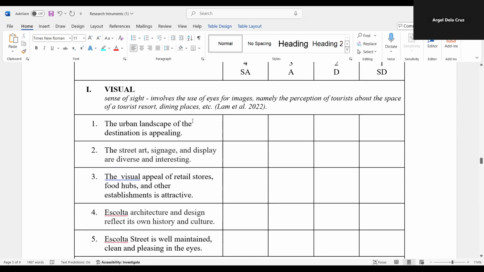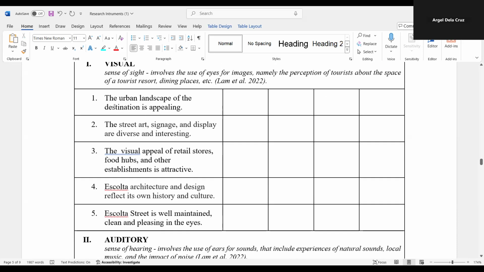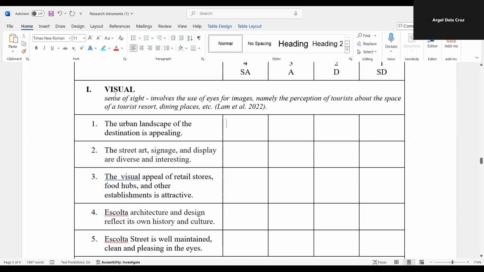So they have adapted the instrument from a previous study, so hindi ko na kailangan pa siya pre-test or reliability test because it's already adopted. So the same variable was used. Example, the urban landscape, street art, the visual appeal, etc. Escolta architecture, Escolta street is well maintained. So lalagay lang nila. So this is how they measure or operationalize the construct of visual,